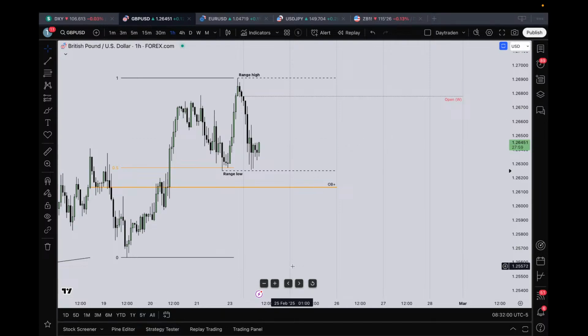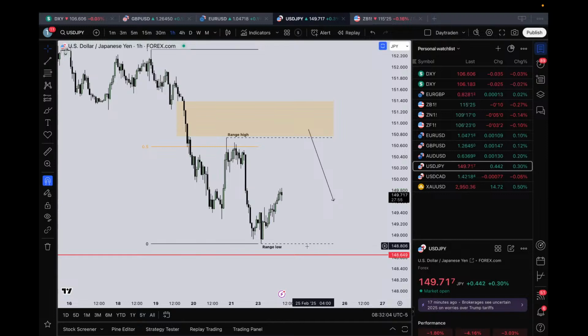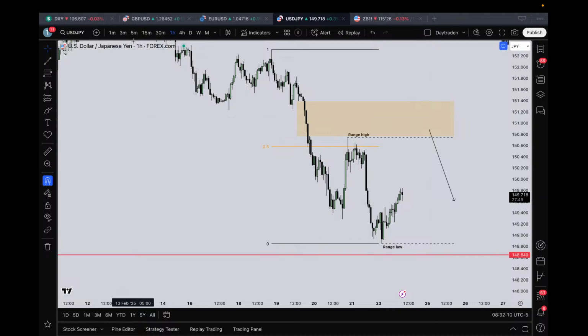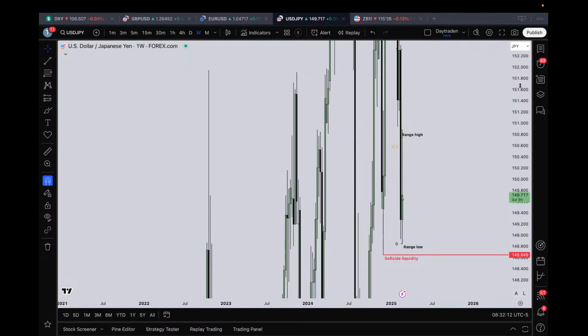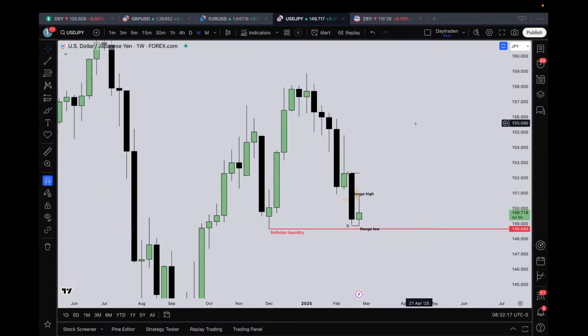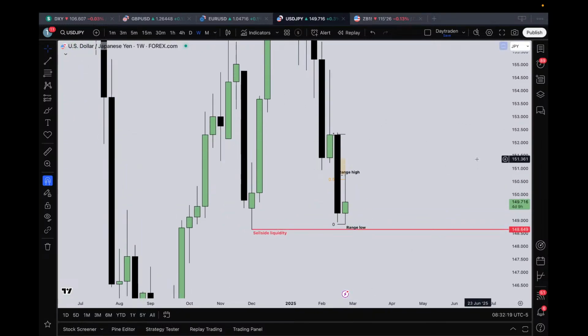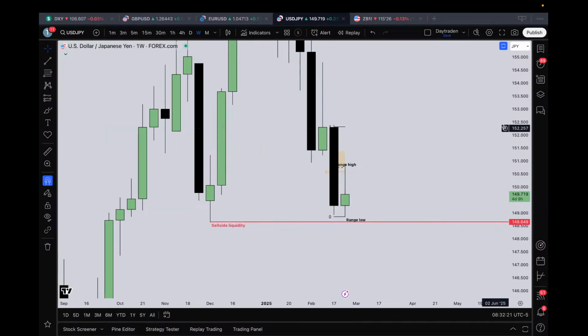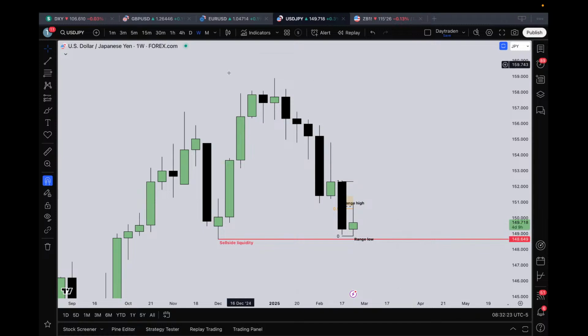Okay, then I'm actually going to cover the last pair, which is USDJPY. This one is going to be a little bit tougher since we are pretty overextended on the move, but I am looking for USDJPY here on the weekly time frame. I want USDJPY to move towards this sell side liquidity pool,